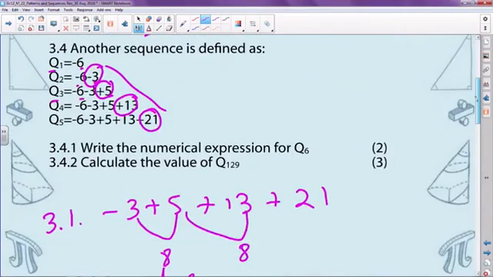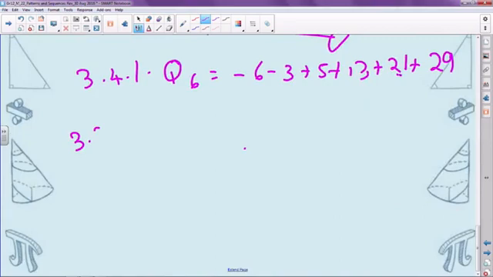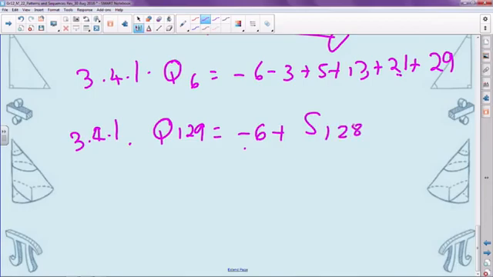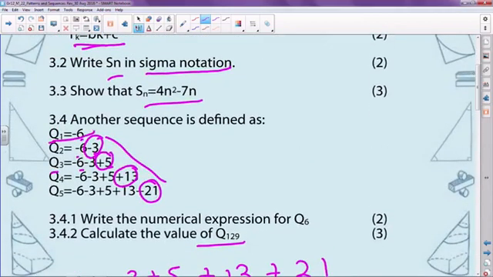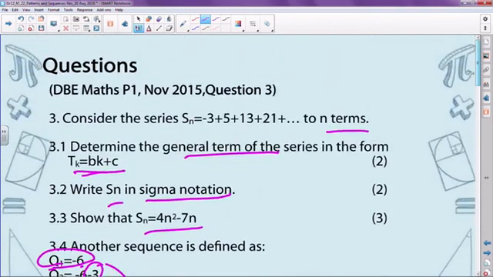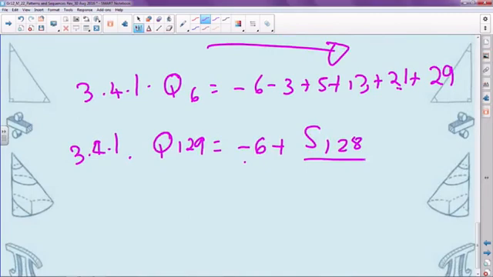The last question here: calculate the value of Q129. Well, here we know that Q129 is going to be equal to minus 6 plus the sum of 128 terms of the sequence that we were dealing with originally. Look what I've done there. I've got Q1 is minus 6, all right? But all of the other terms, it's that minus 6 that we're going to add to a sum which we've already been dealing with. You see that minus 3 plus 5 plus 13, we've already been dealing with that sequence. So I'm simply going to add minus 6 to the sum of 128 terms